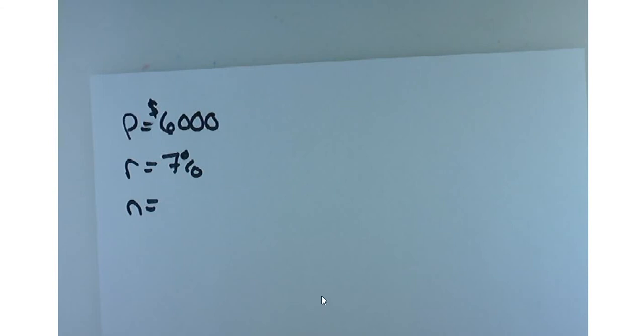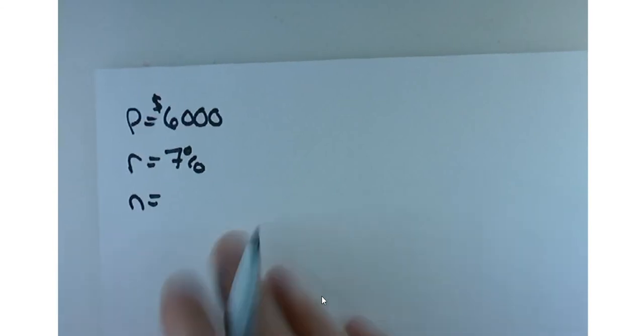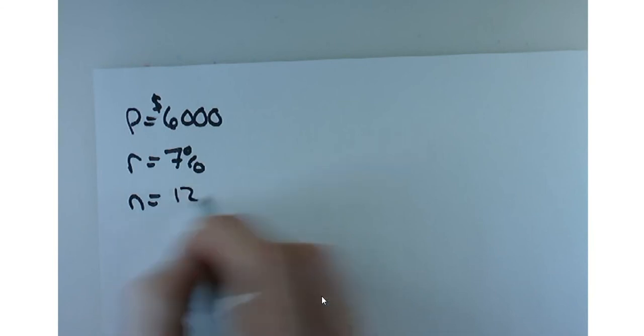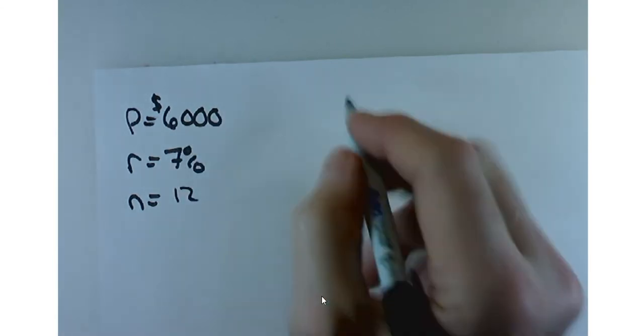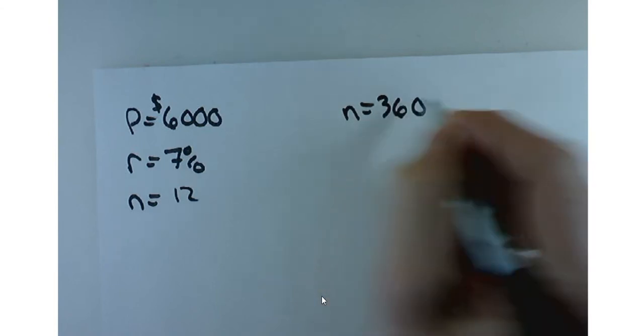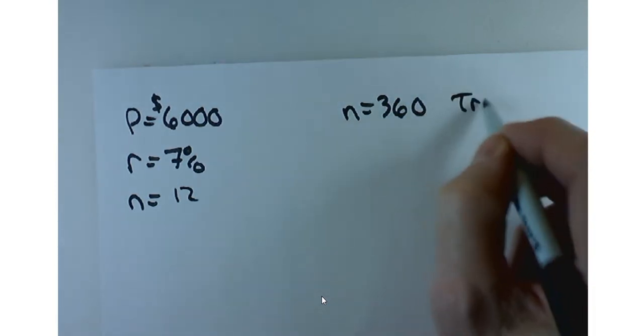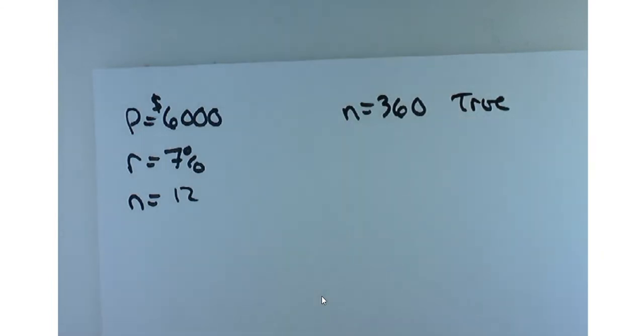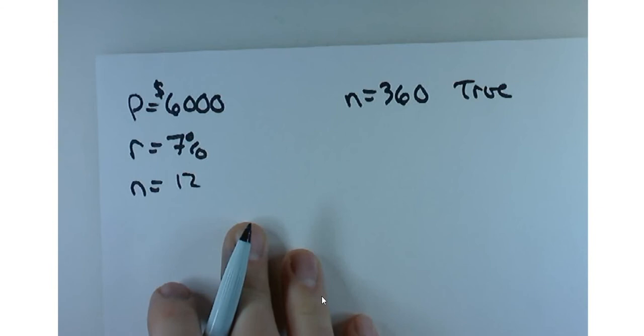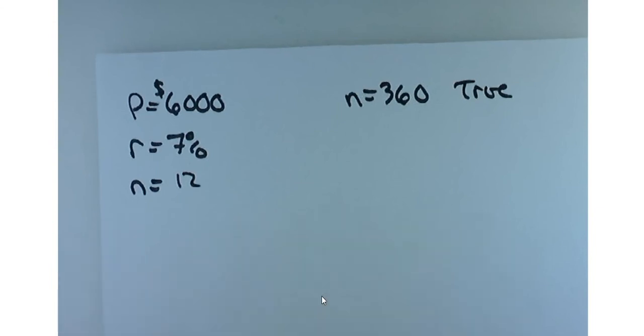So, true or false? When the bank computes daily interest, if they're saying, oh, we'll compound your interest daily, they actually use N equals 360. What do you think? True or false? It is true. Even though there's 365 days in a year, the banks use 360. That goes back to centuries ago when we didn't have calculators and fun things like that. It was just easier to use 360 as opposed to 365. Whatever. It makes the tiniest bit of difference. I mean, Warren Buffett might not even notice the difference. It's so small, but it is a difference.